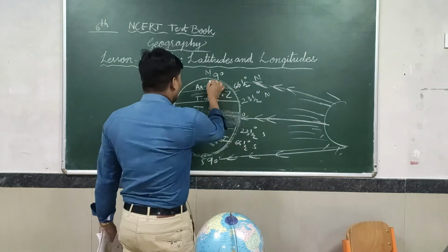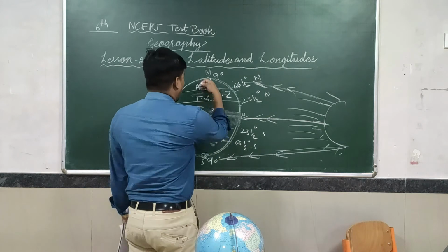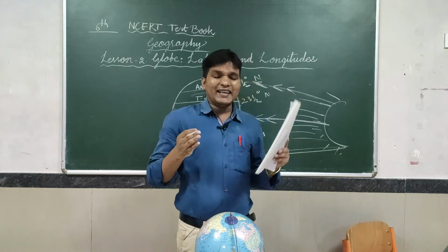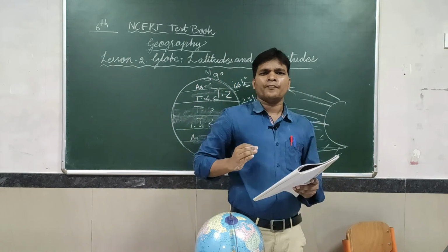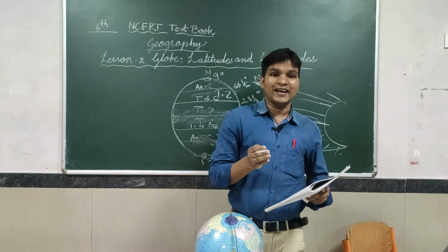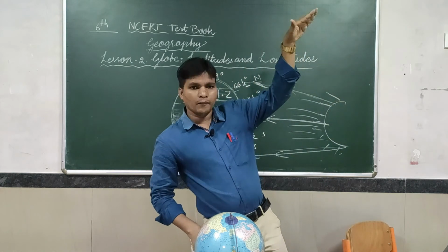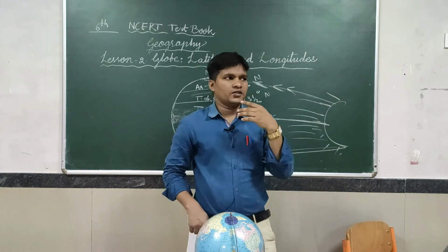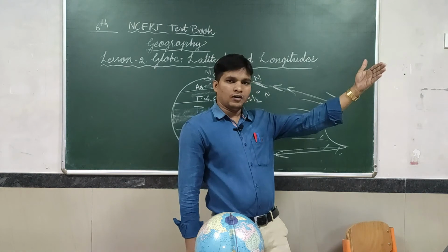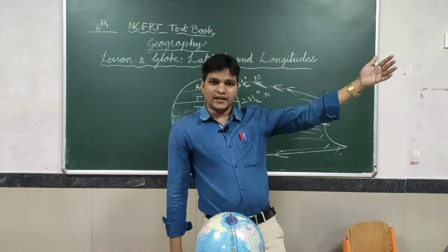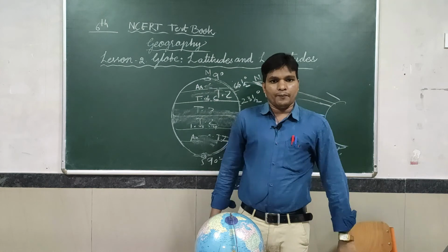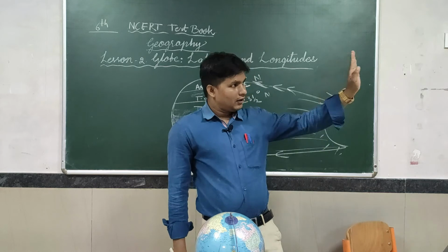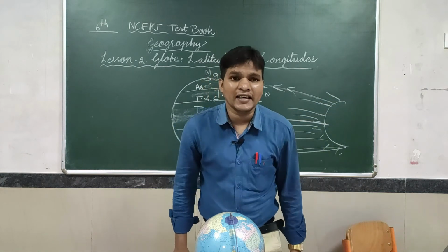So listen to me, the North Pole and the South Pole, the Arctic Circle and the Antarctic Circle, those areas get very little sunlight, and the sun also does not rise to much height. Just think, in the morning we see the sun on the east side, and in the evening we see it on the west side. In the same way, the whole day the sun stays there only. So how will it get the heat inside?